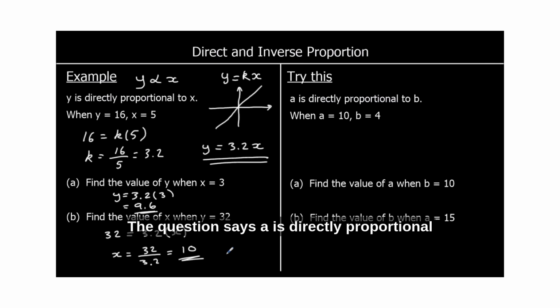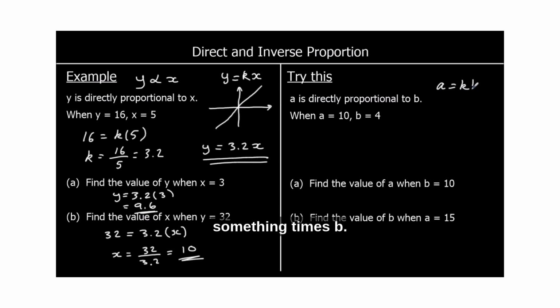The question says A is directly proportional to B. So that means A is something times B. And we're given that when A is 10, B is 4. So we can use this to find K. 10 equals K times 4. To get K by itself, divide both sides by 4. So K is 10 over 4,